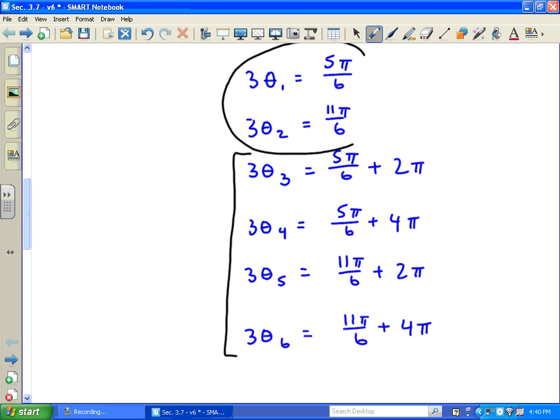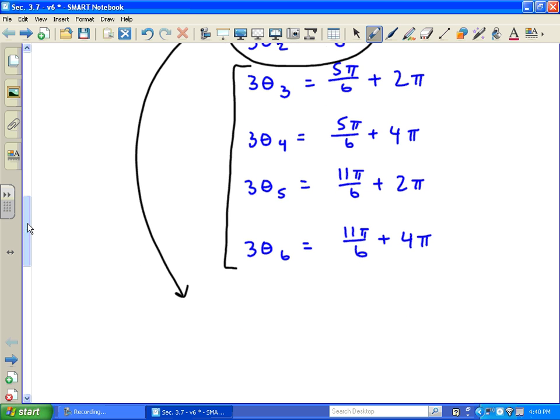Take what you originally had for your first two values on 0 to 2 pi before you rotated them around. Take those. So we have 3 theta 1 equals 5 pi over 6